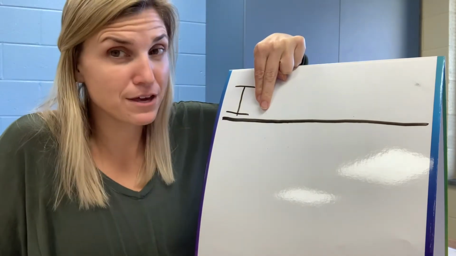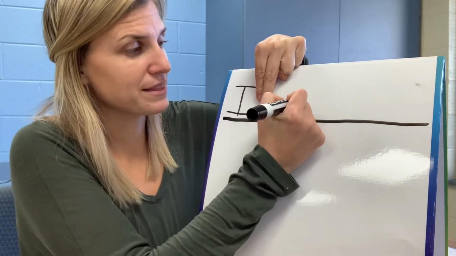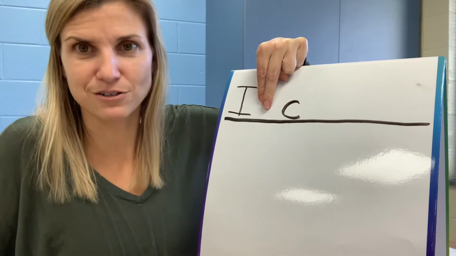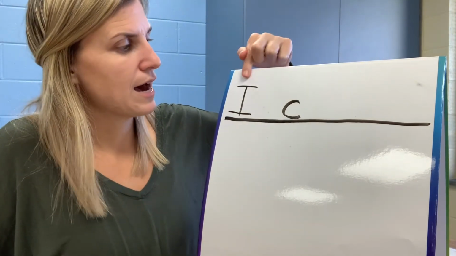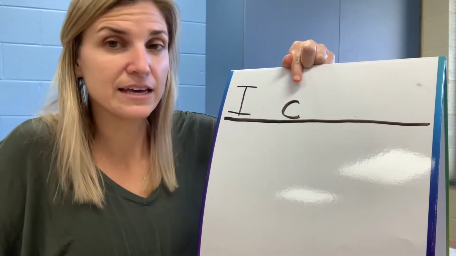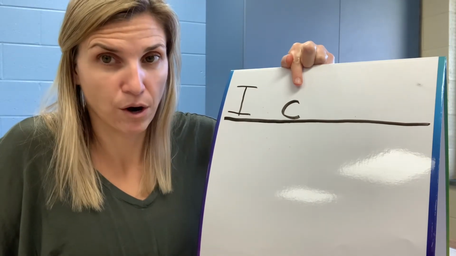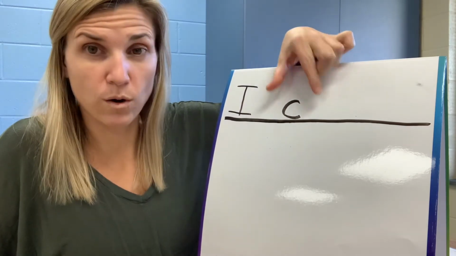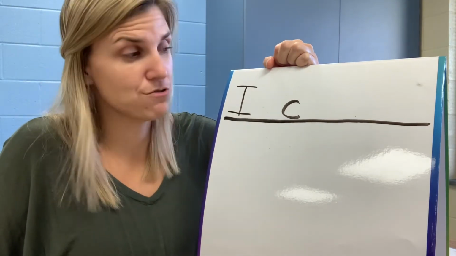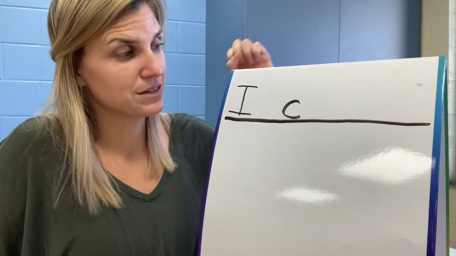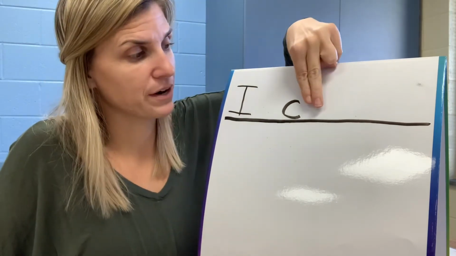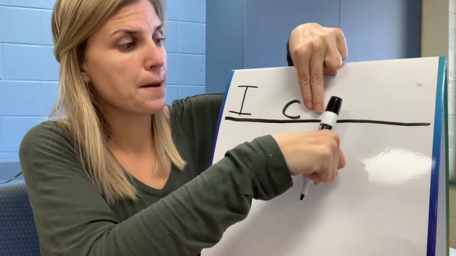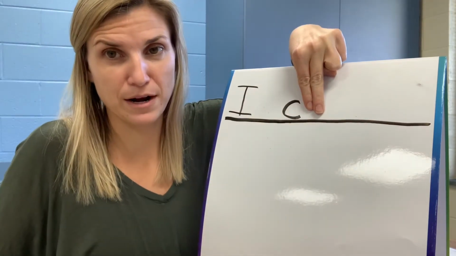So whichever one you think it is, you would write. So I'm going to write the letter C for can because I know that it's a sight word and I know it starts with the letter C. So I can. If you think you can stretch that word and you want to get K and you want to write the whole word, that's fine. But if you don't know how to do that, then just write the one letter. So again, I'm going to take my 2 fingers and I'm going to put it after my word. I can be is my next word.